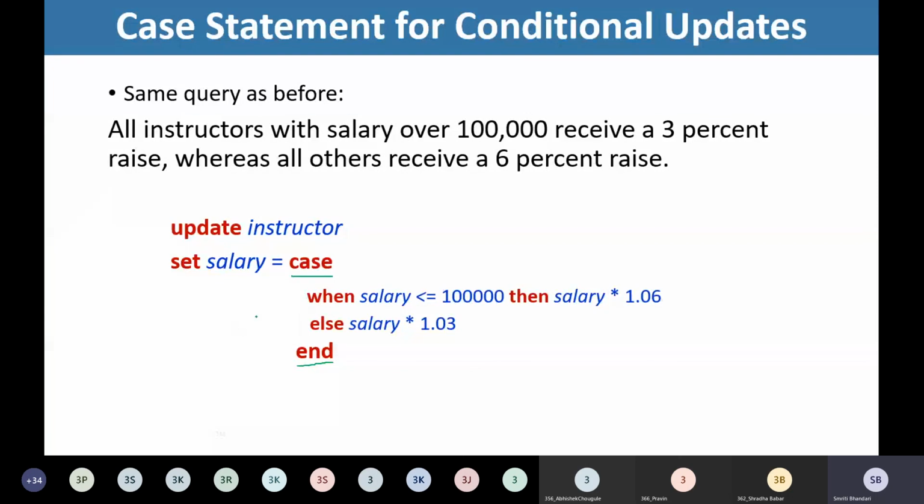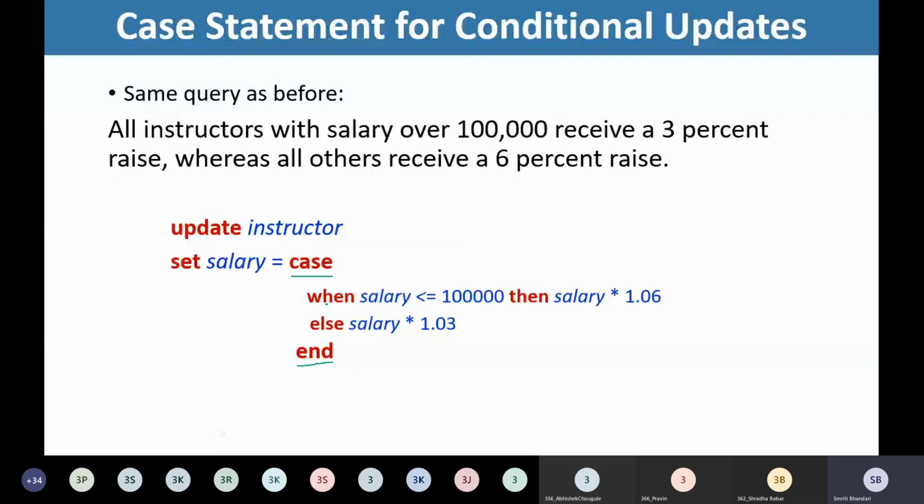So how are we going to write this statement? Update instructor, set salary equal to, and we have now two cases. Case when salary is less than or equal to 1 lakh, then salary should be increased by 6%, otherwise salary should be increased by 3%.